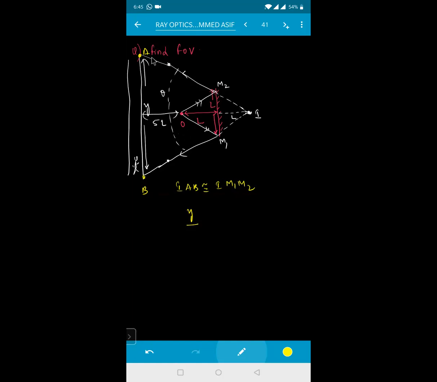This is your Y. And this total distance is how much for me, beta? 5L, 6 and 7. That will become for me your 7L. Okay. So this one is your 7L. That is equal to, for the smaller triangle, this is nothing but your L. And this one is also equal to your L. This L will get cancelled. So Y will be equal to how much for me? 7L. So field of view is at a distance of your 7L. Is it clear? Yes, sir. Okay, one more problem.